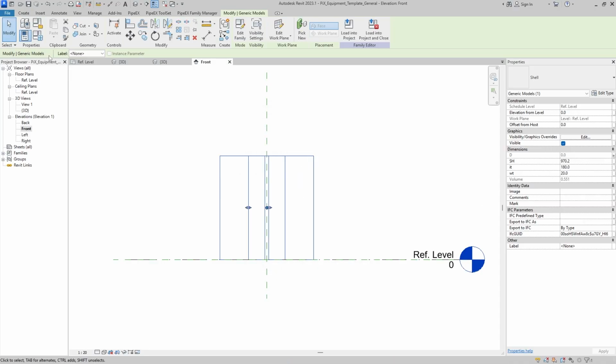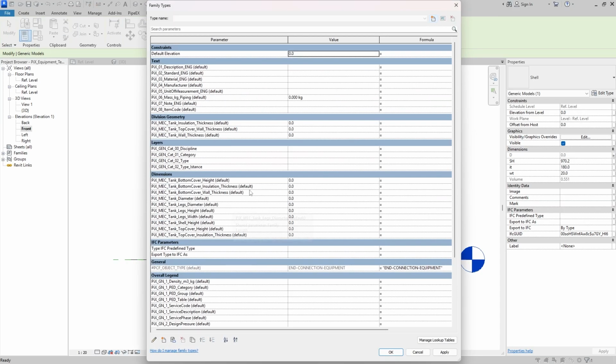As you can see here, it was set to 0 because I haven't predefined any values related to dimensions. So let's do it right now. Let's have it 2 meters. Legs diameter, let's have it 150. Legs height 1.5. Legs width 100. Shell height 3 meters. Top cover height, let's make it 300. Insulation thickness of top cover,